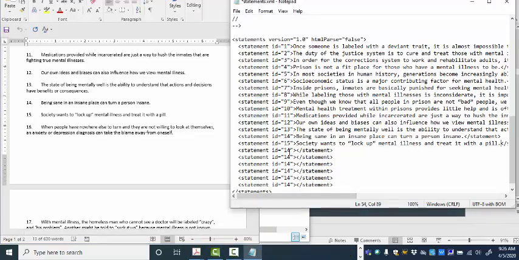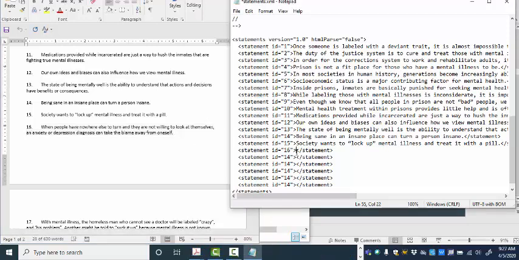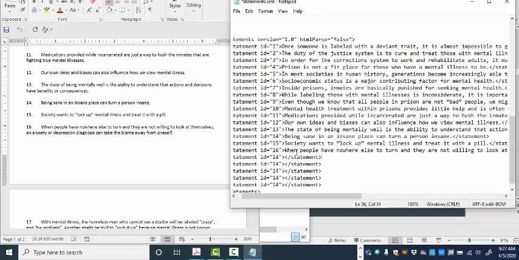And then my next one is 16, so I have to change the 14 to a 16, so that the numbers are correct. Otherwise, I would just have a whole bunch of statements labeled 14, and that wouldn't make a whole bunch of sense. And so you can see that I'm just going through changing the statement number to the next one and